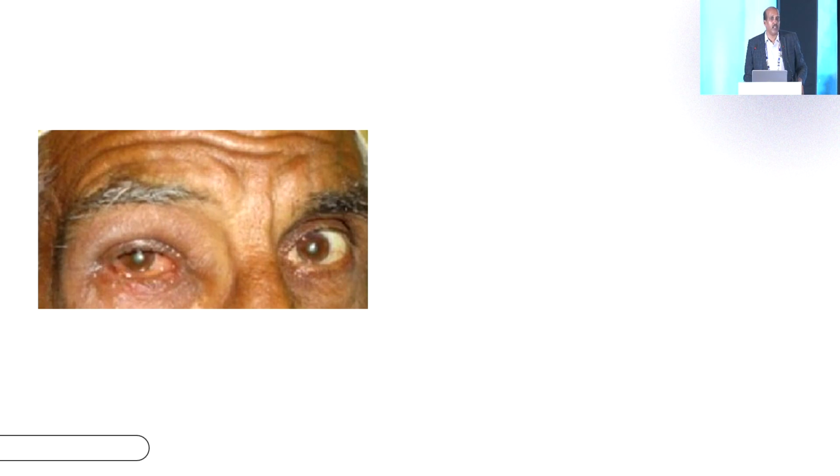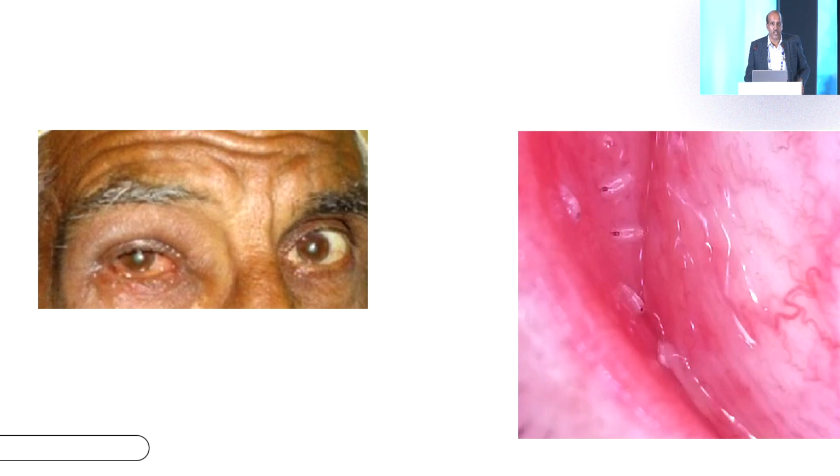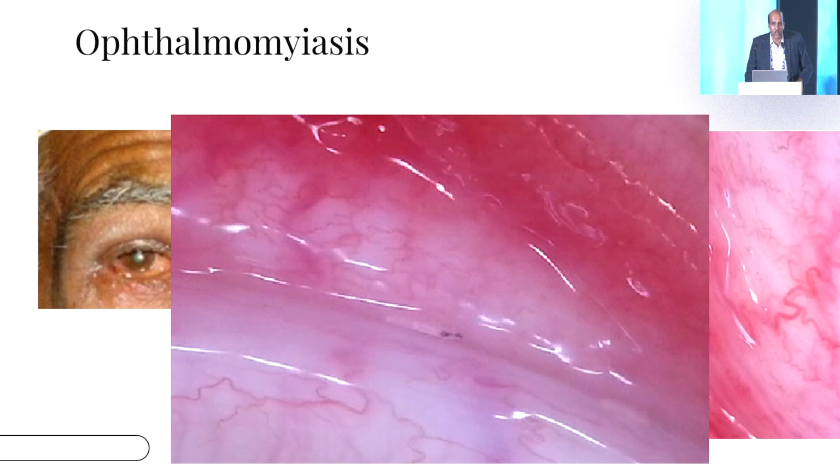This is another interesting case, treated with only topical antibiotics and some low-dose steroids for a unilateral case of discharge and conjunctivitis for 5 to 6 days. On slit lamp evaluation, it was found that these were small larvae. This is ophthalmomyiasis, and these are small translucent larvae of bot flies, most commonly seen, especially in